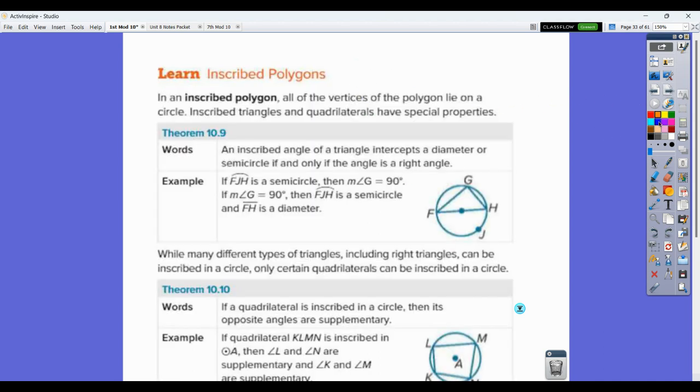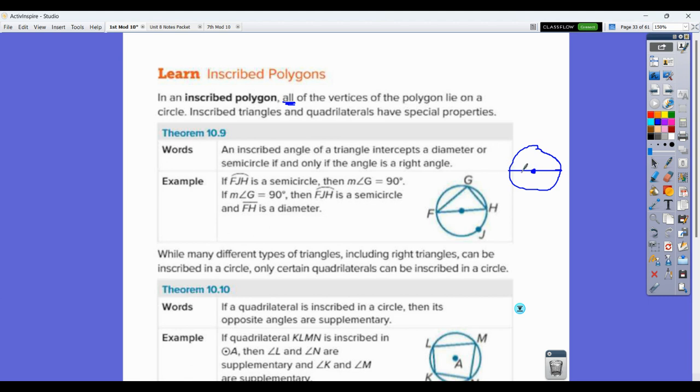Okay, inscribed polygons. So in an inscribed polygon, all of the vertices of the polygon lie on a circle. Inscribed triangles and quadrilaterals have special properties. So an inscribed angle of a triangle intercepts a diameter or semicircle if and only if the angle is a right angle. So what you're going to have here is, if you have a circle